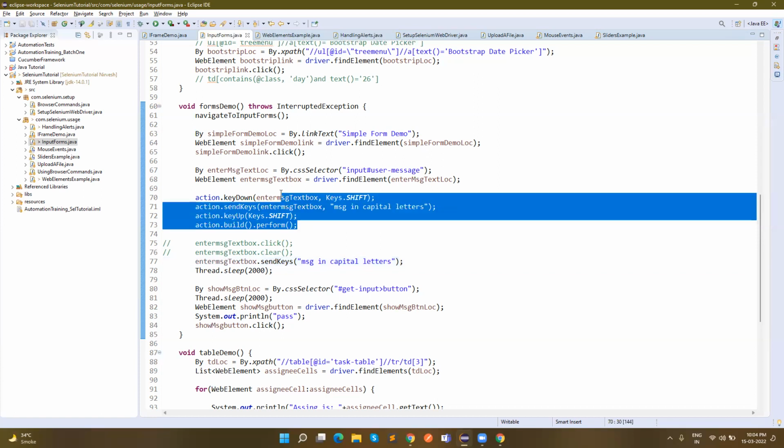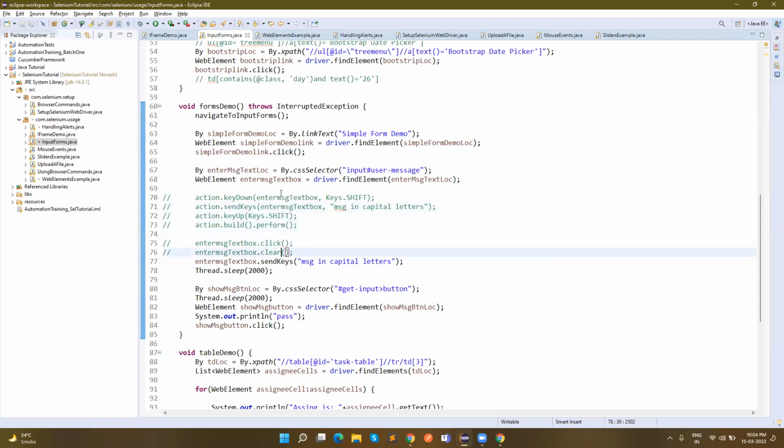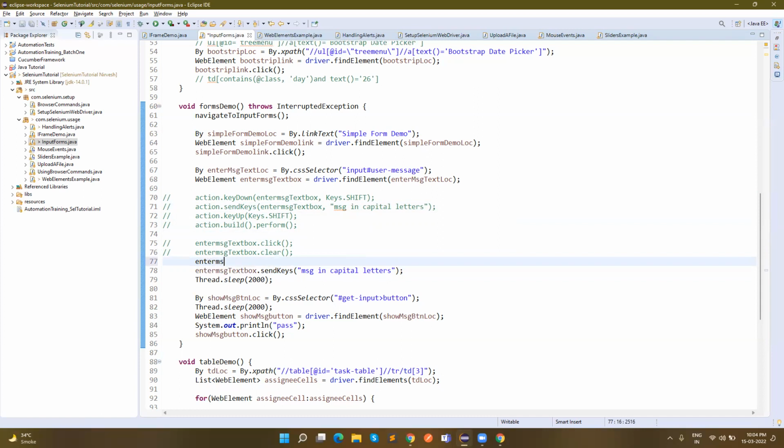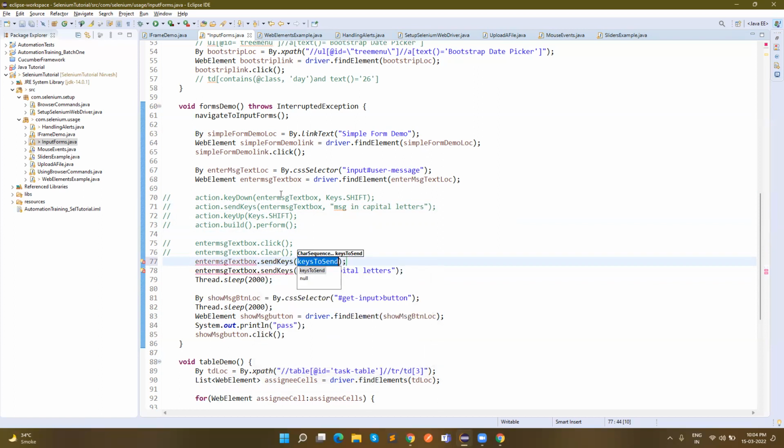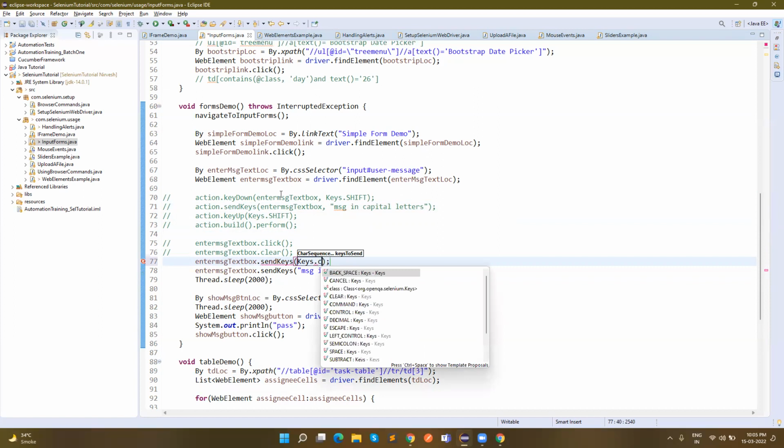For the keyboard events, we can use Keys, all the keyboard keys. So we can use the same element, enter message, and sendKeys, and then write Keys dot,